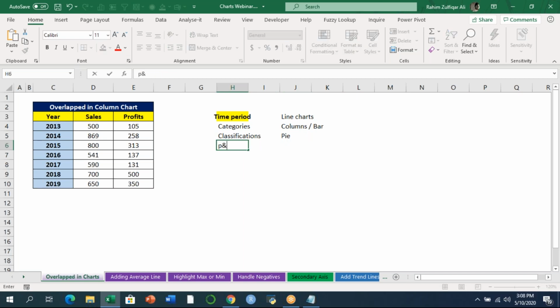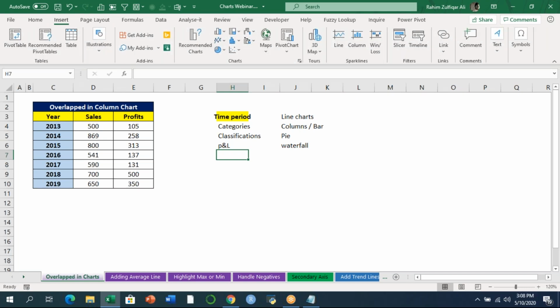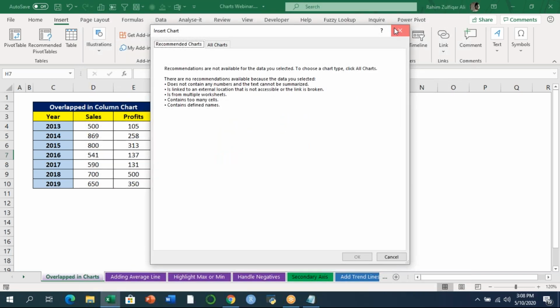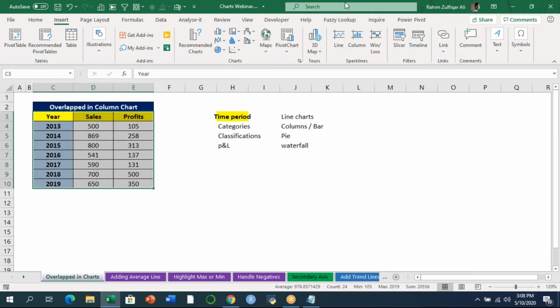If you have a P&L statement, you can create a waterfall chart from it. Every data has a different classification with respect to charts. For creating charts in Microsoft Excel, because most of you are intermediate users, you already know we have an Insert tab, and in the Insert tab we have different kinds of charts. Let me select this data and go to the charts, and here you can see